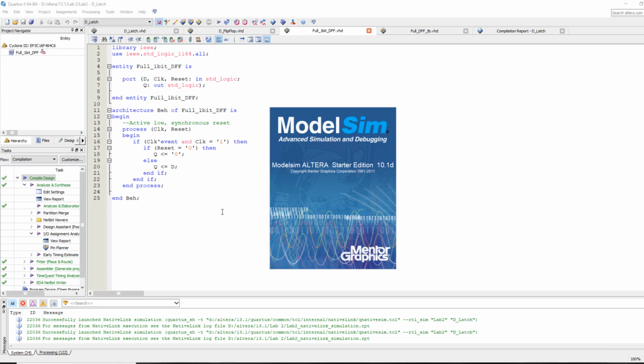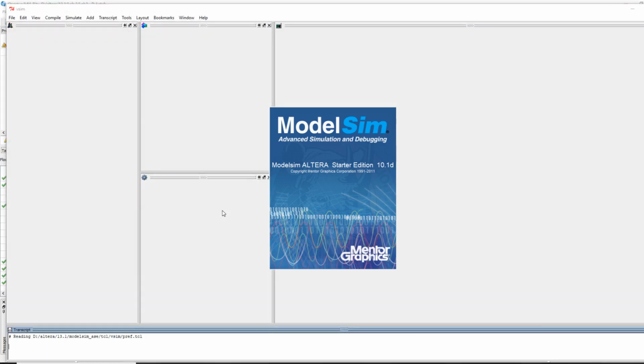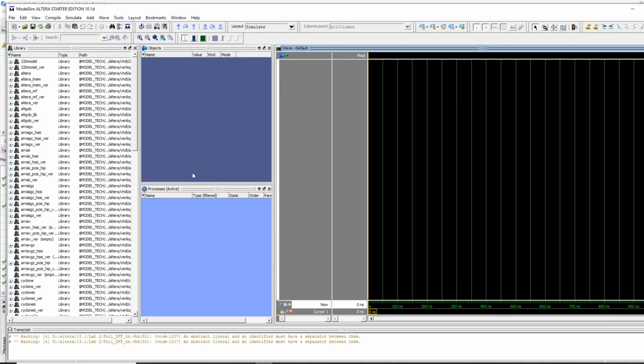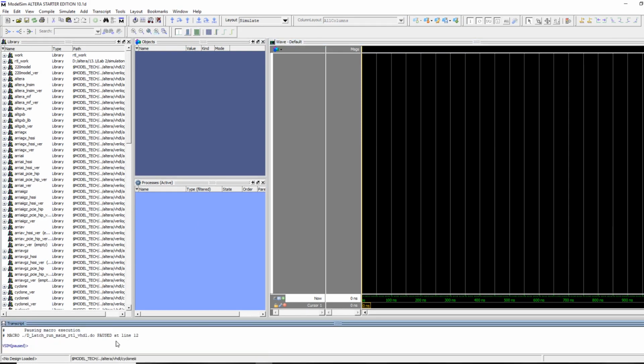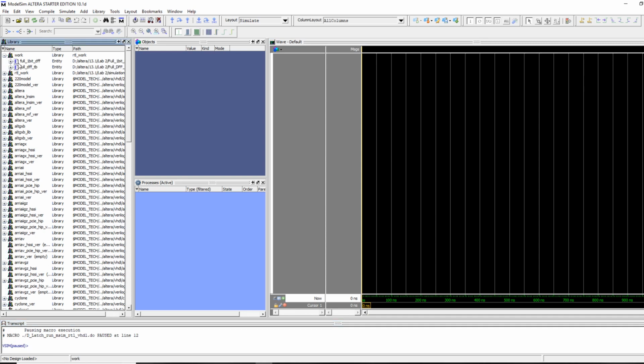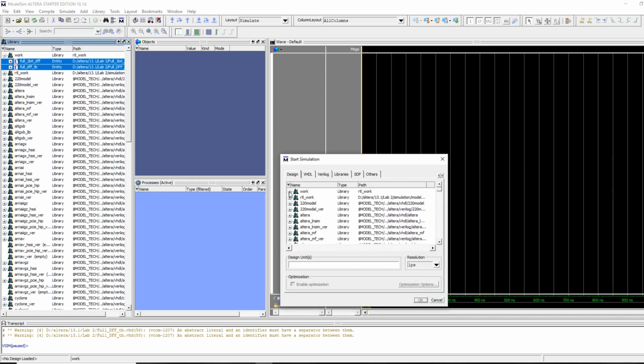And we should see some things happening here. If I do need to manually set up the waveforms again, well, we know how to do that. All right, so it seems that there's an error compiling the design, so we need to recompile this explicitly. Again, to do this, I expand the work option here, highlight both files, right-click, select recompile. Once compiled, I'm going to leave them highlighted, select simulate from the menu bar, select start simulation, and I expand the work option of the library here, select the test bench file, click, well, I can change the resolution